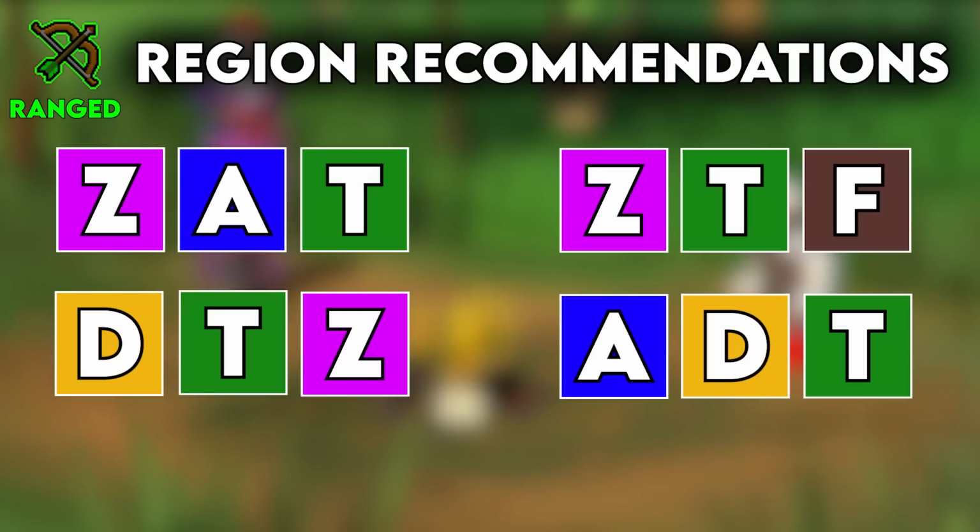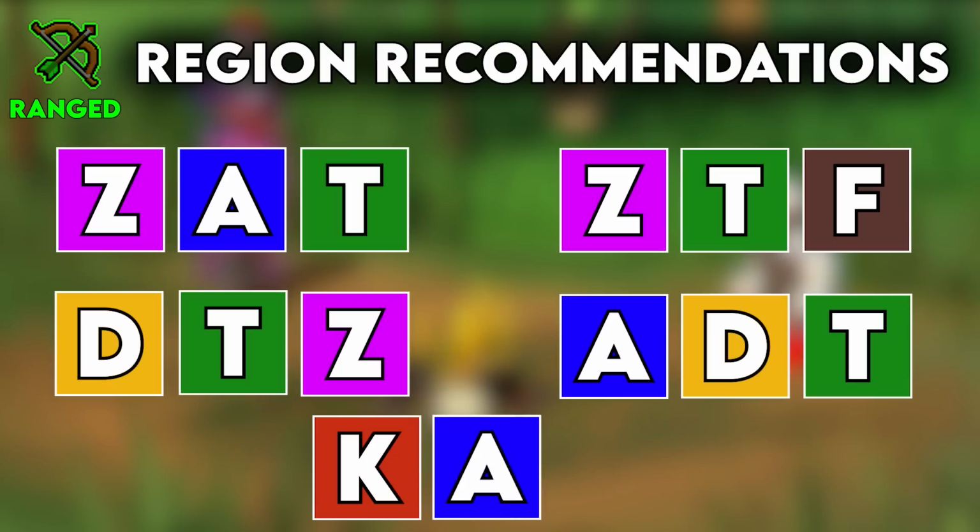a late-game Zaryte crossbow. And this one's for those of you wanting to pick a utility region like Kandarin. Pair that with Asgarnia and Taranwin for the best in slot jewelry from Kandarin, a ballista focus build, but with the option to diversify into either the Crystal Armor set and the Bofa in Taranwin, or Armadyl and Zarosian equipment